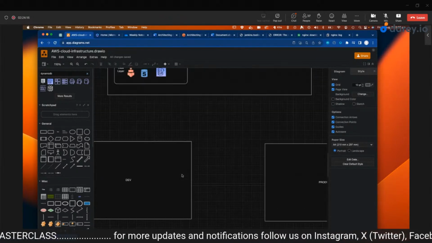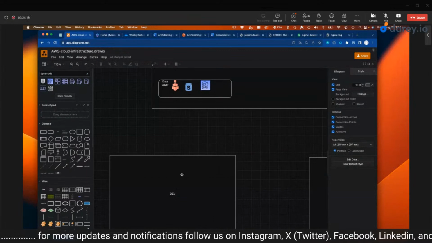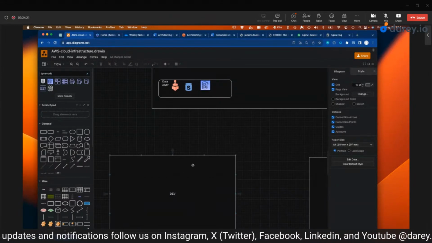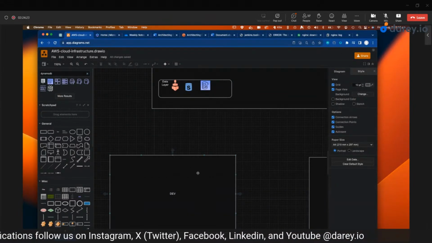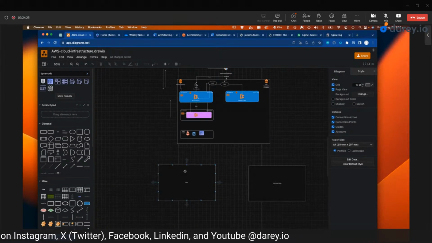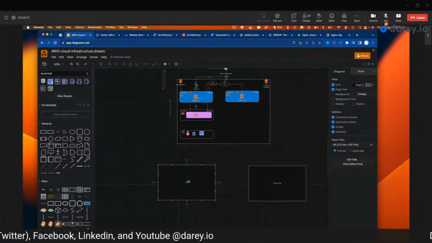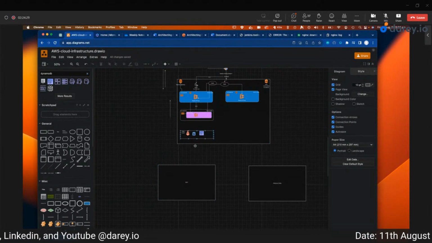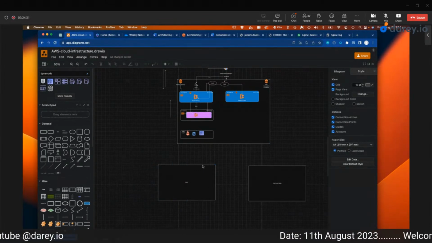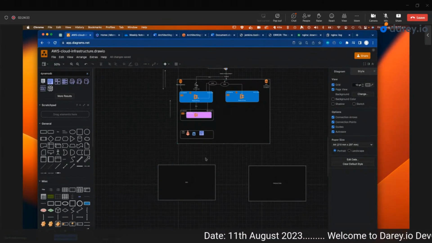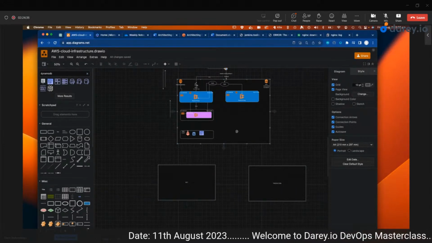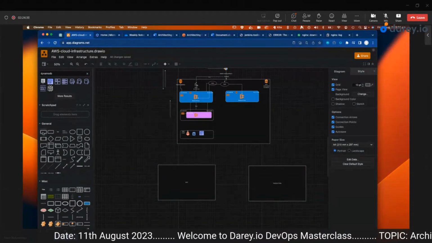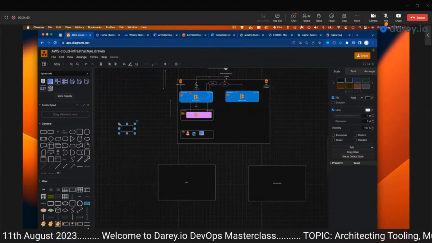So let me just make that big a little bit. So we have Elasticsearch, we have Grafana. With Elasticsearch, we need to ship our logs into it. With Grafana, we need to ship our metrics into it, from dev, from production, and all that. How do we connect these two together and these two? And the other thing is, it's possible we have